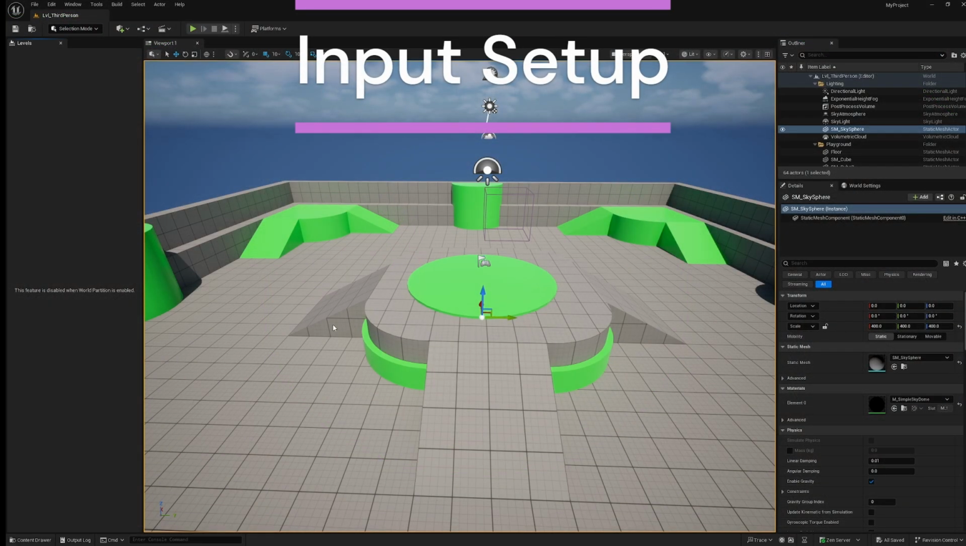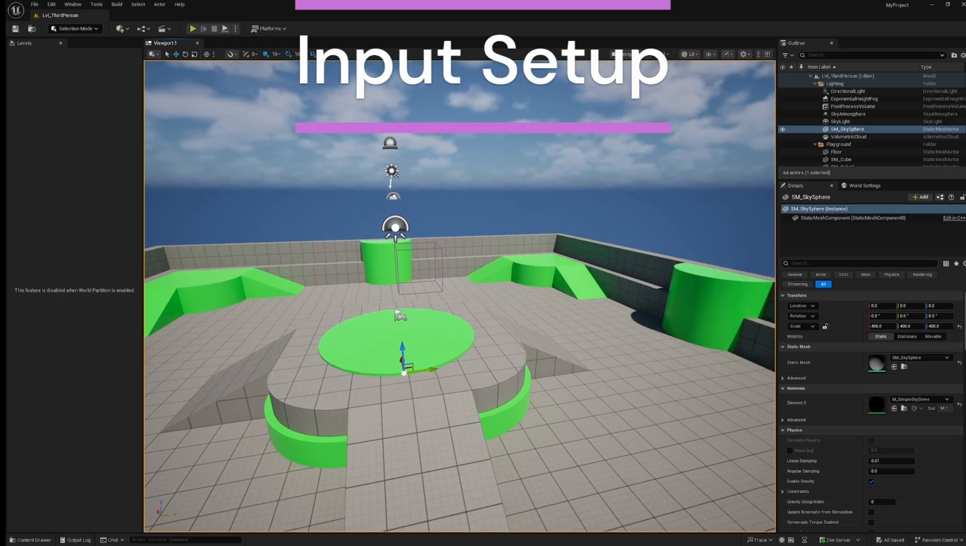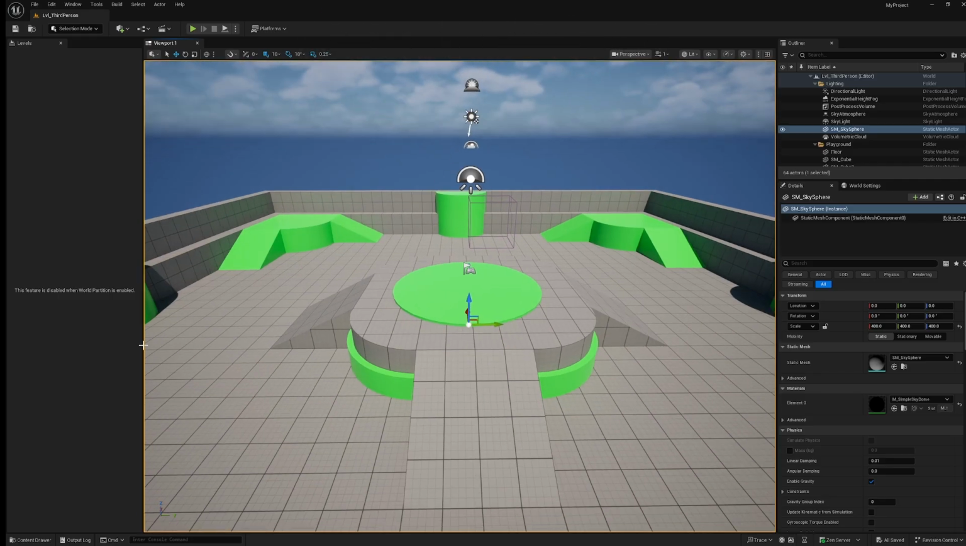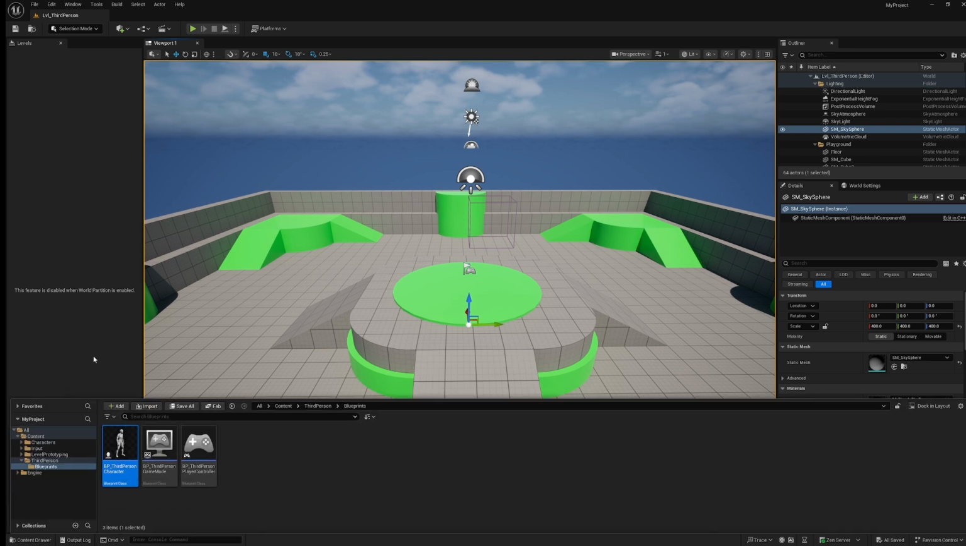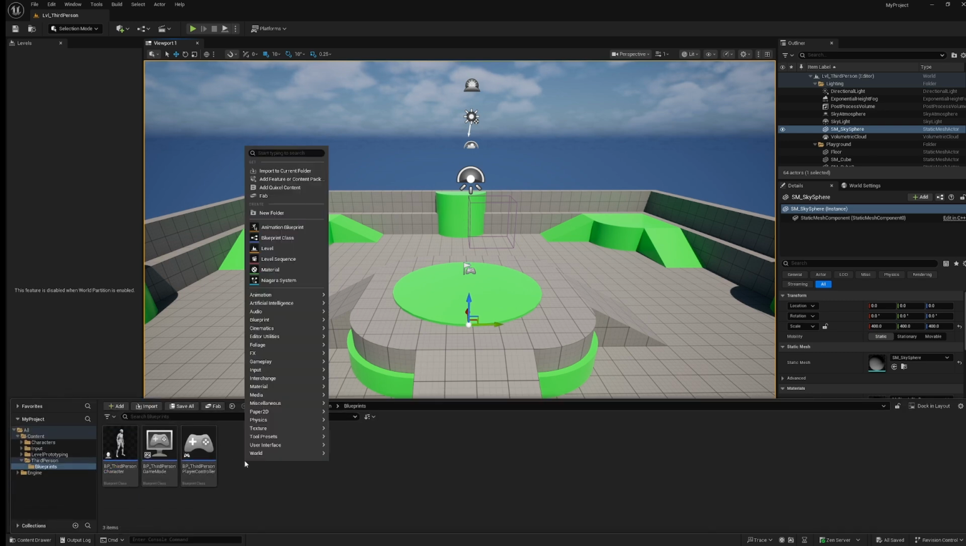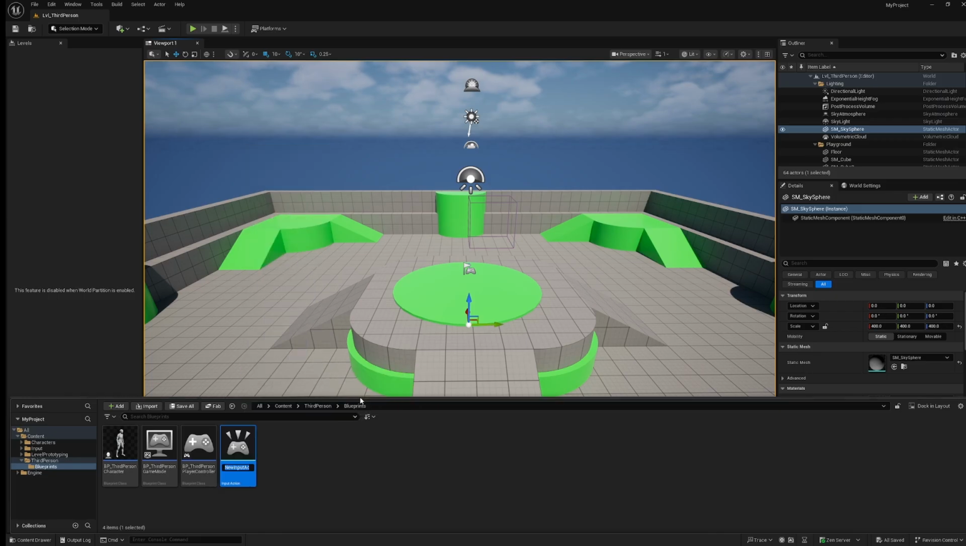So here I have a brand new project in version 5.6, but if you have an earlier version than this, everything that we're going to be doing is still going to be working. So to start off with our dashes, we're going to make a new input action. If you right click in the content drawer, go to input, input action. We're going to call this